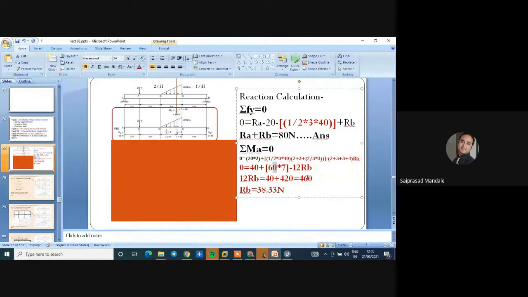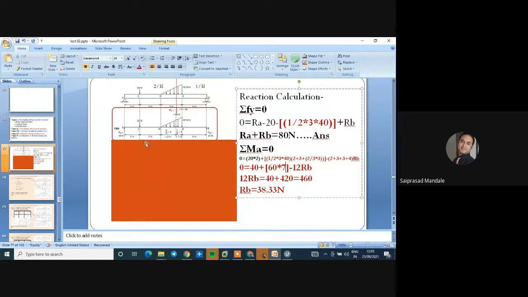2 plus 3 plus 2. Okay, here it is 2 plus 3 into 2/3 of length. So 2/3 of length means it should be 2. So our answer is correct. Their answer is wrong because it should be 2/3 of length. So 3 gets cancelled, so it remains 2.